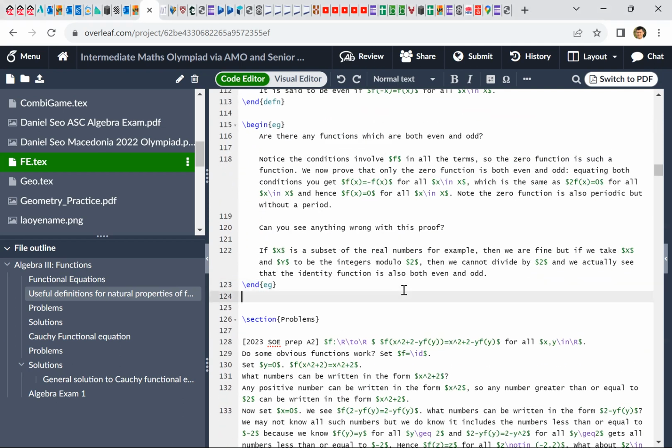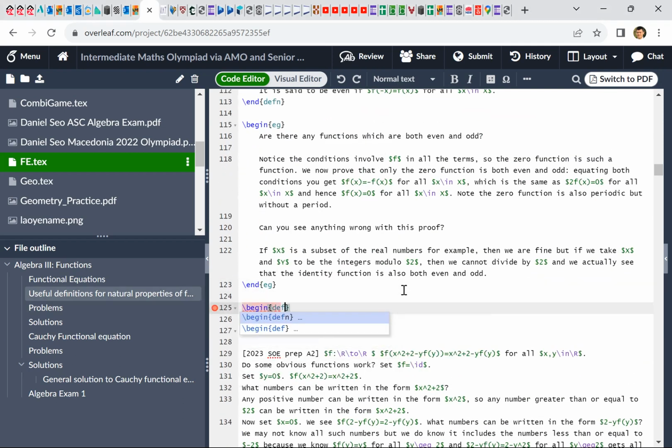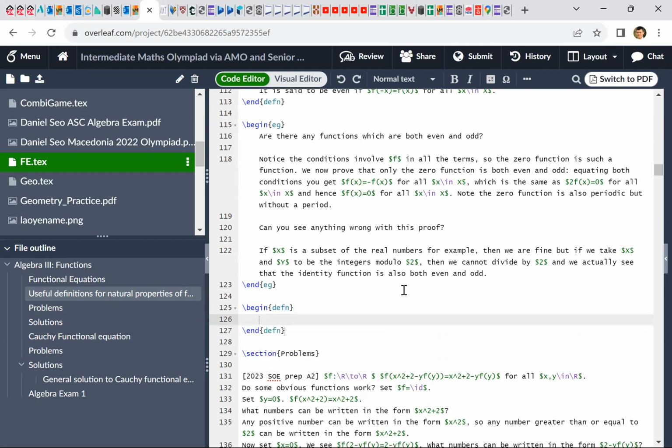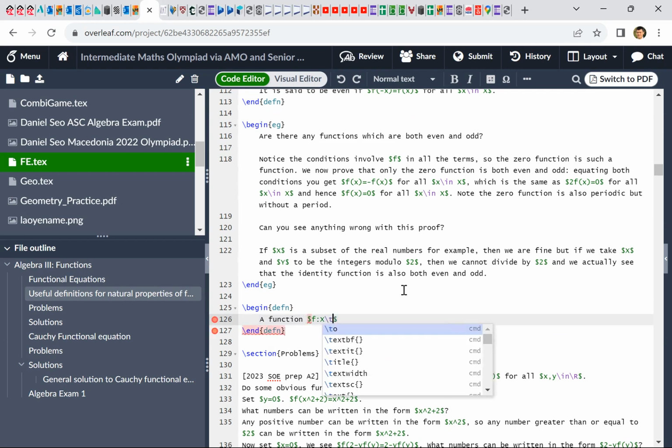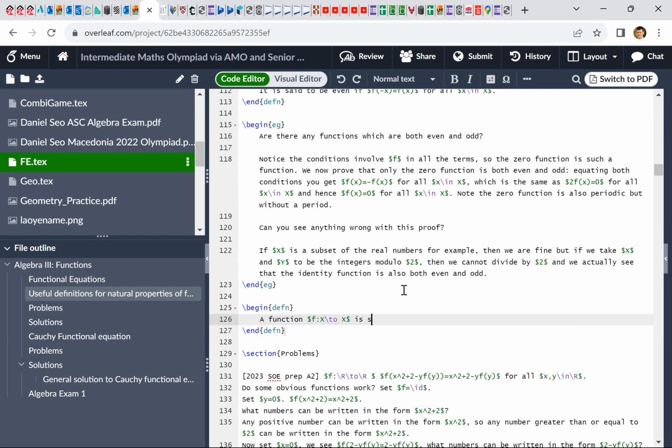Okay, so involution: a function f from X to X is said to be an involution if f of x equals